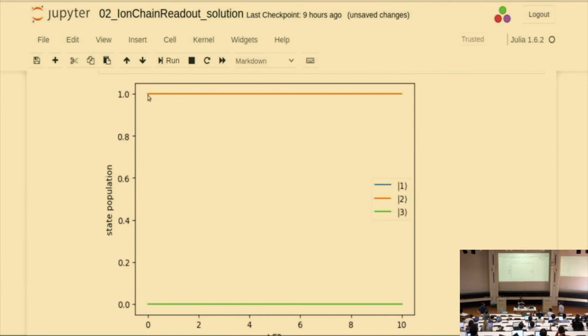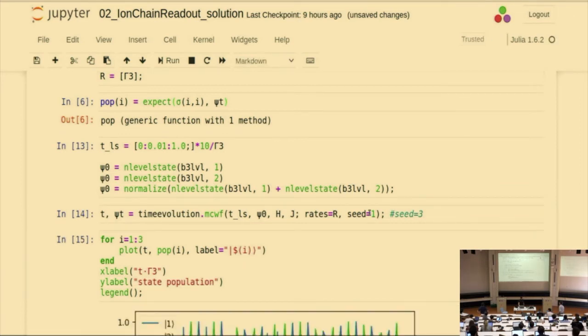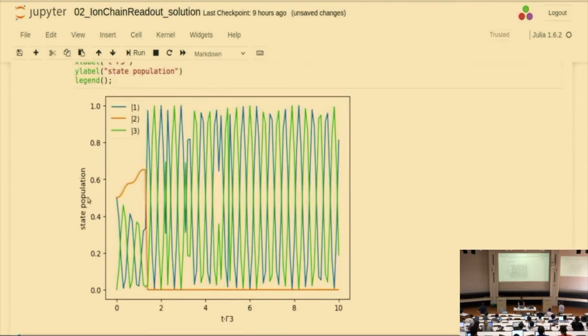This means state 2 is always populated, and state 3 and state 1 are never populated, because we chose that state 2 should not decay. And now the most interesting case: if you start in a superposition, it really depends on what kind of trajectory you have, because you just start in a superposition of state 1 and 2, and the atom itself decides where it goes. The probability is increasing that it is in state 2 when you don't obtain a photon or a quantum jump. But suddenly, in this trajectory here, it decides that it will be in the ground state, which you see with this quantum jump of the